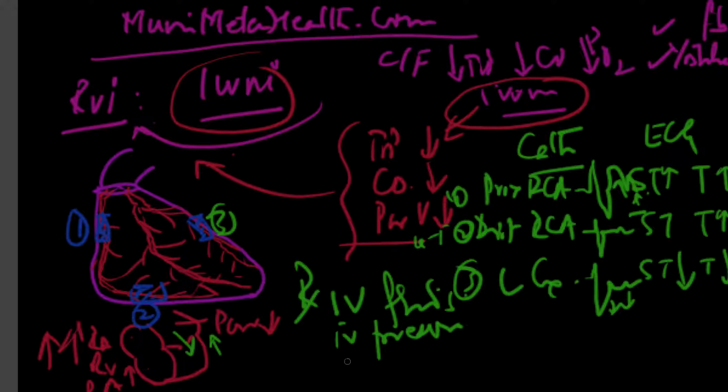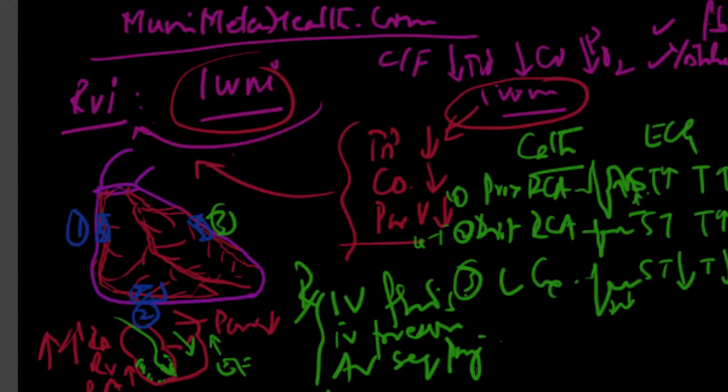Second, you'll start to use IV pressors or inotropes, if you will. Third, AV sequential pacing is very required, because remember, this portion of the right ventricle is akinetic or dyskinetic. So now if you're giving a pacing wire here in this region, the chances are you will be able to improve the ejection fraction of the right ventricle and help unload a lot of blood volume into the left side of the heart. So AV sequential pacing is of paramount importance wherever it's indicated, wherever it can be performed.